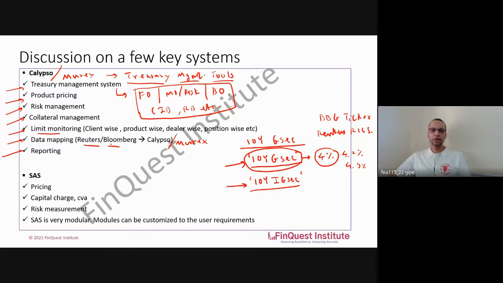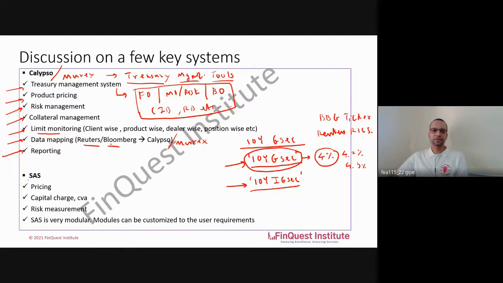Then you have risk reporting. Any kind of MIS and regulatory reports can be configured through these systems, so you can have any kind of drill-downs which you require. All of these reports can be quickly exported to Excel or CSV for further analysis as well. So these are a few key properties which enterprise risk tools provide, mainly Calypso or Murex.